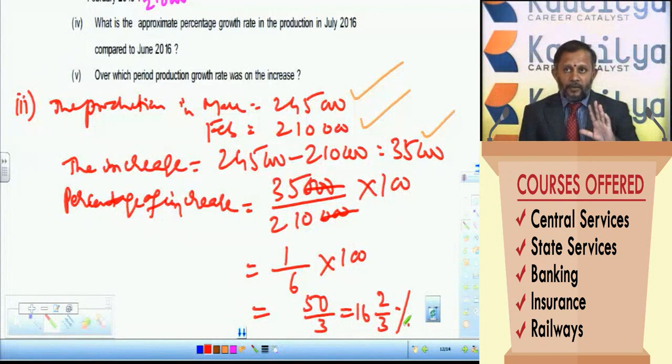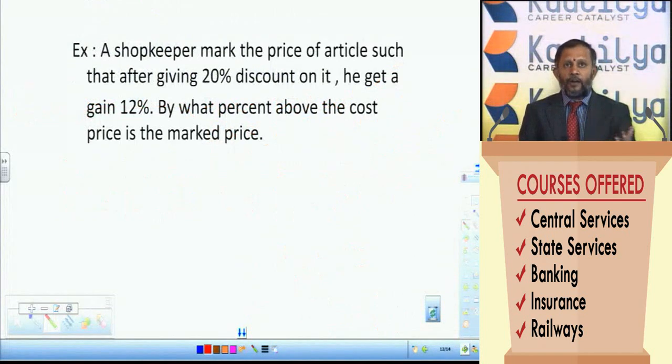So just like in other examinations, you are not supposed to give an exact value simply by saying 35,000 is 1/6 of 2,10,000. 1/6 means 16 2 by 3%. 1/3 means 33 1 by 3%. So 1/6 is 16 2 by 3. You are not supposed to give the idea directly. Whatever technique is available at your end, that must be expressed on paper. So here our attempt is to give the procedure that you have to adopt.